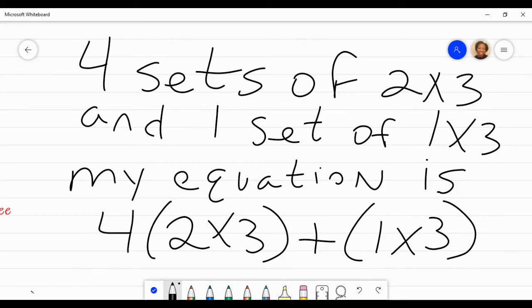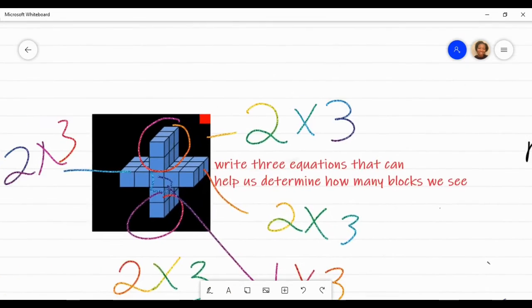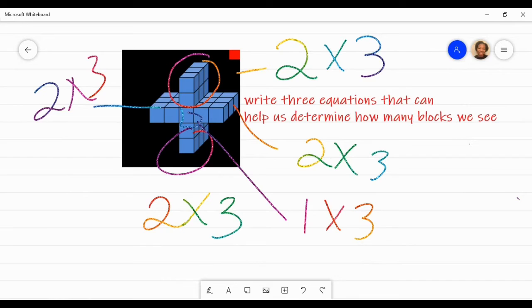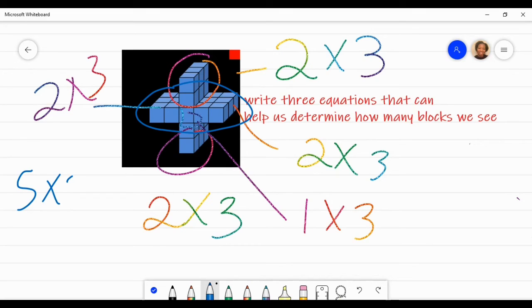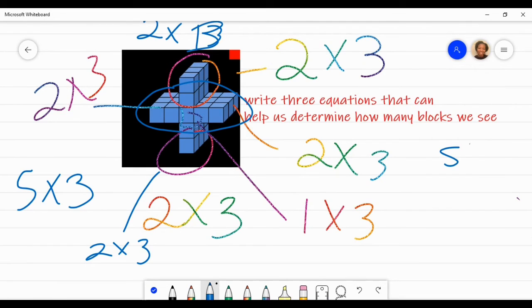And then I could go into a number talk. Are we following our computations correctly? And even in looking at this, one person might see 2 times 3, and I would do another color just like I do for number talks. And someone else might say, well, I see this as 1, 2, 3, 4, 5 times 3. And then I saw this as 2 times 3 and 2 times 3. So then their equation, this is 3, their equation would be 5 times 3